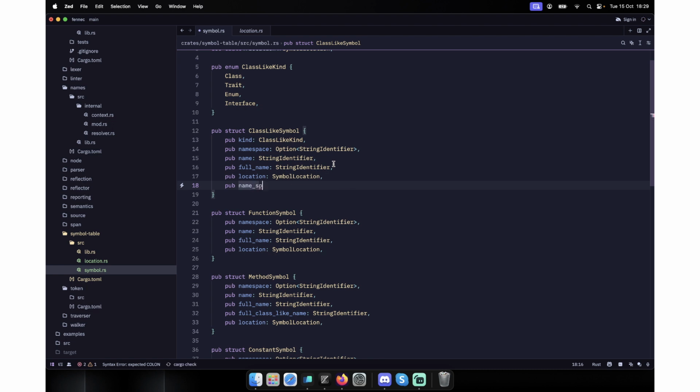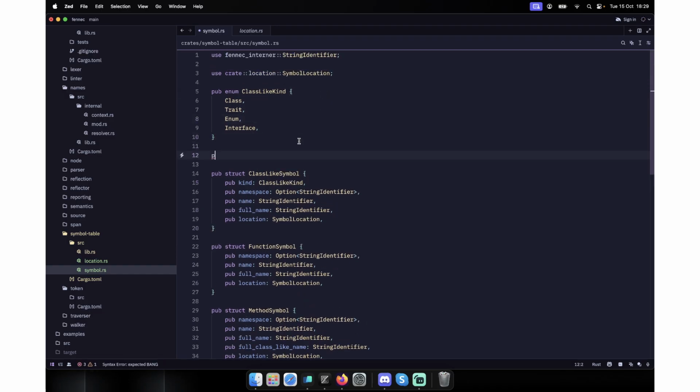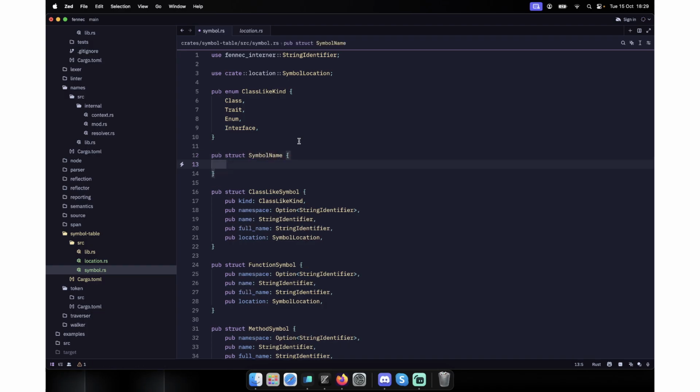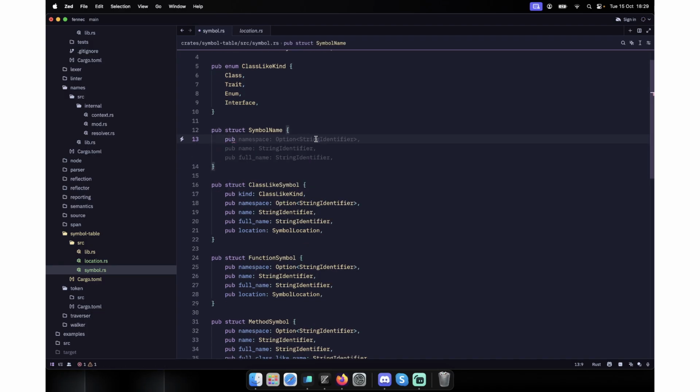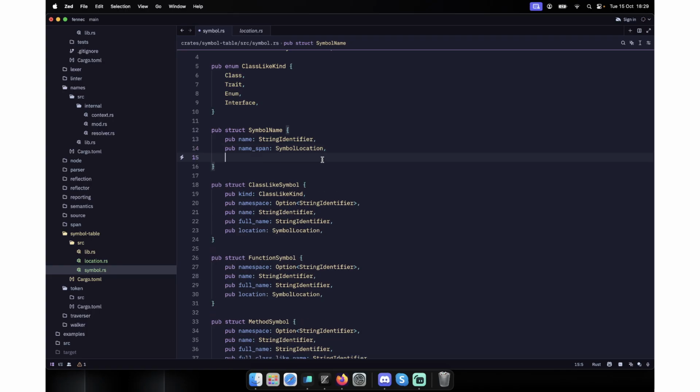Name. Oh, do this. Public structure symbol name and pub name, name and right, that's what it is,